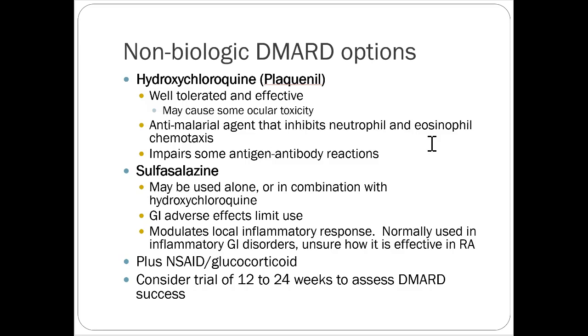Sulfasalazine is really not going to be used often. I just put it on here because it's technically considered a non-biologic option, but it's actually more useful for GI-related disorders like inflammatory bowel diseases such as ulcerative colitis, and we're going to talk about that during GI a little bit more. You can, of course, use the NSAIDs and glucocorticoids in combination with these if you want,